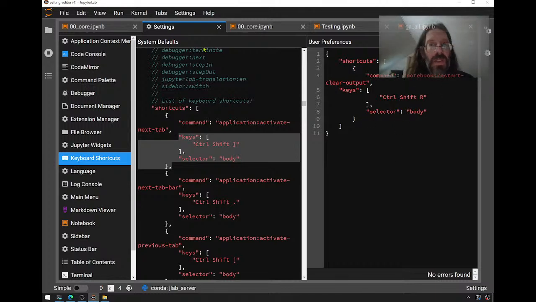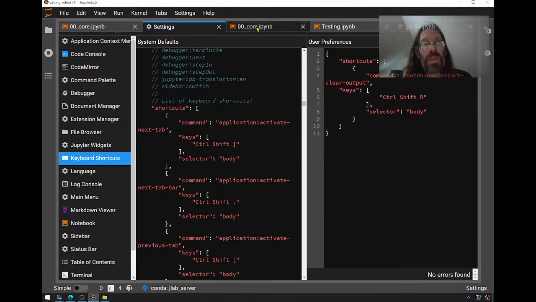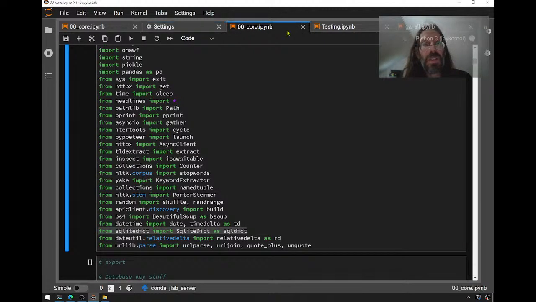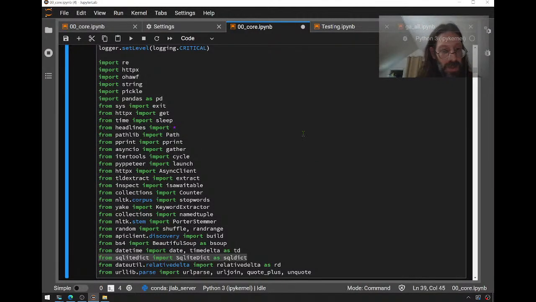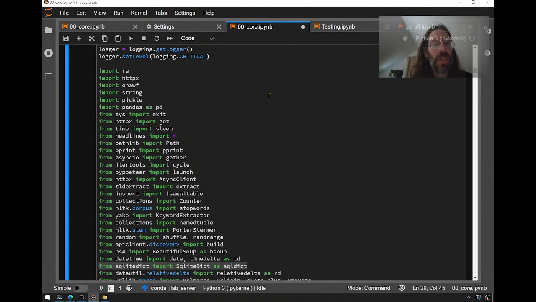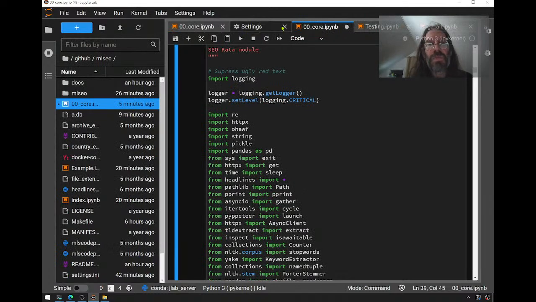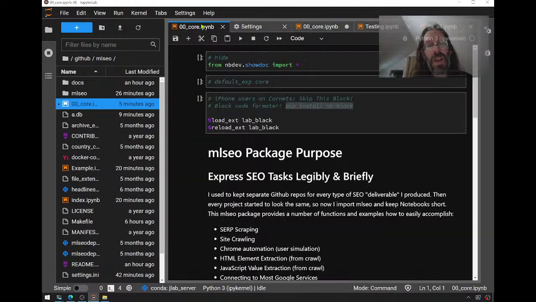Save. How do you save? Let me try Control Shift R. See if it takes the keyboard shortcut. Maybe I have to be in one of these. Yeah, restart kernel. See that? Cancel. So Control Shift R now is restarting the kernel. It's actually very important to frequently restart your kernel. So that was a worthwhile